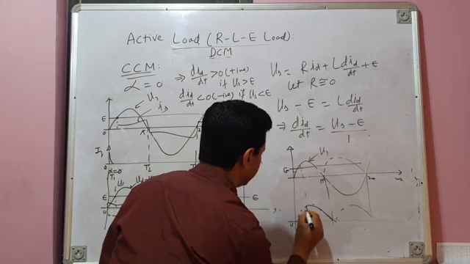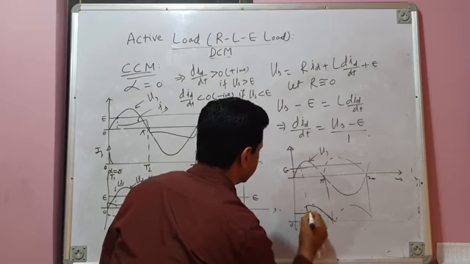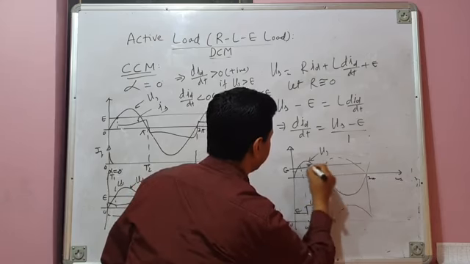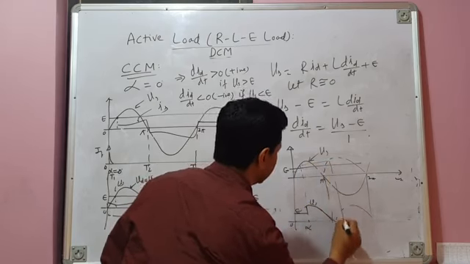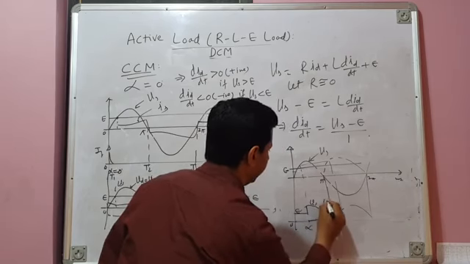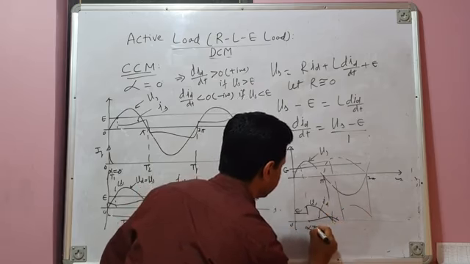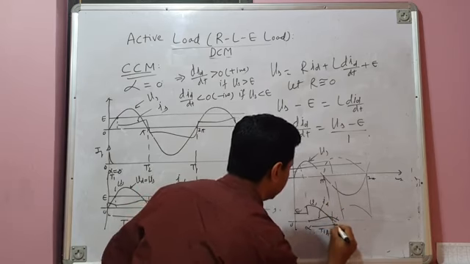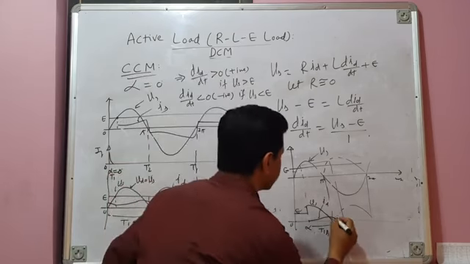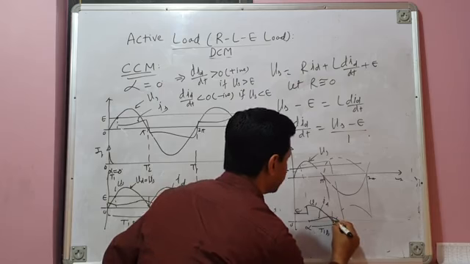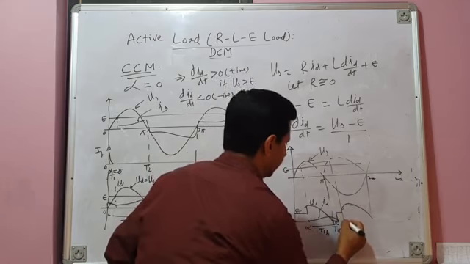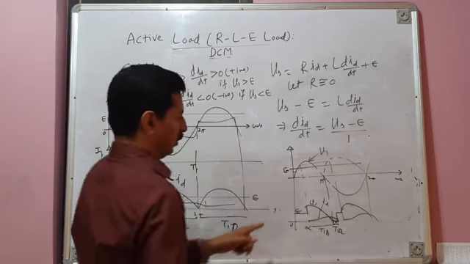This is alpha. From here to here your load voltage was E, and then Vs. And after that was your freewheeling interval. Your current was rising here, falling here, ID, and from here to here T1 D1 were conducting and from here to here T1 D2 were conducting, freewheeling. Okay, after that from here to here your load voltage was 0, after that your load voltage became E again, and then this was your load current.